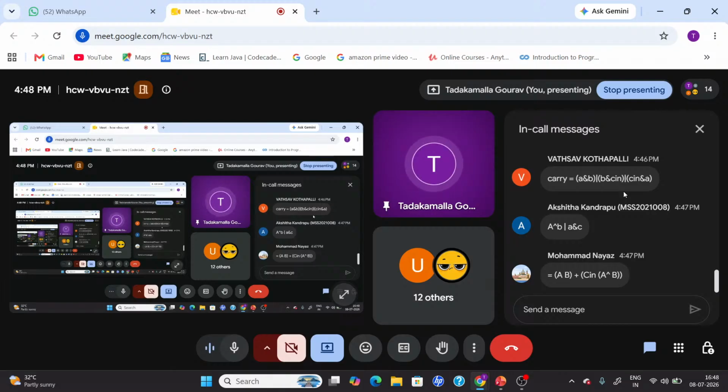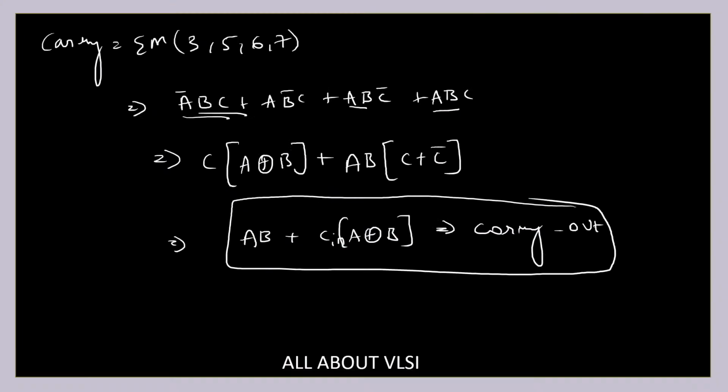So full adder, basically we can implement using half adder. So let us try to understand how to implement it. If you carefully observe over here, what is this AB? AB is nothing but half adder carry. Using this, we can implement or get something. If I want to implement a simple full adder using half adder,